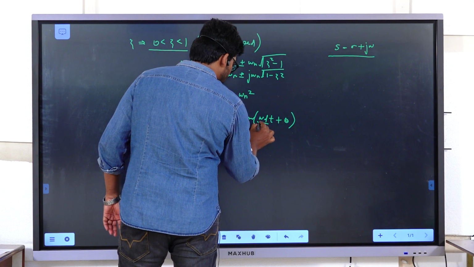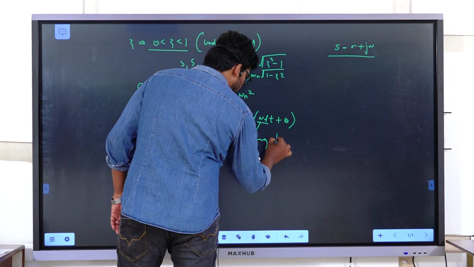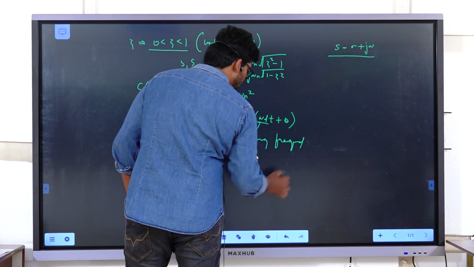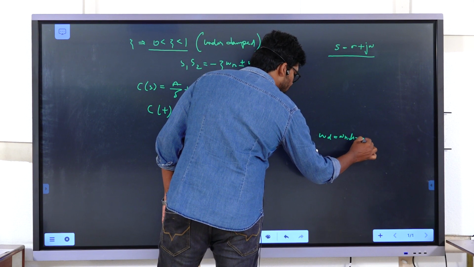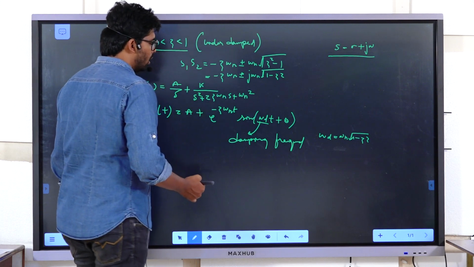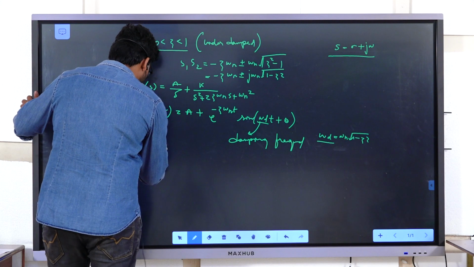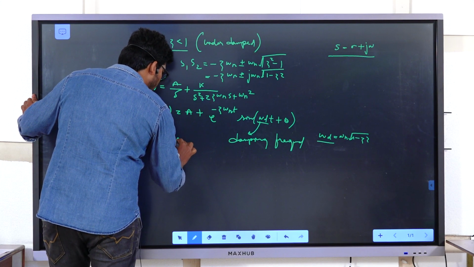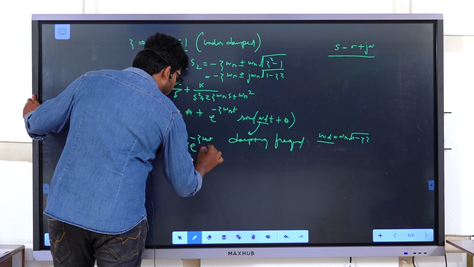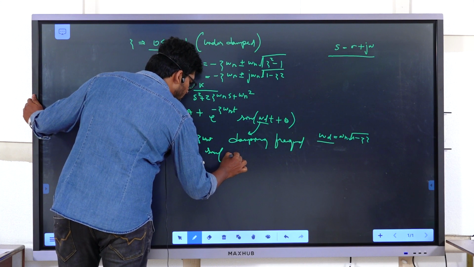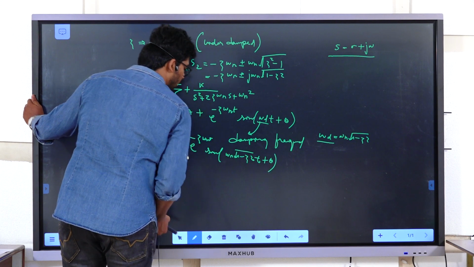Omega d is said to be the damping frequency, where omega d is equal to omega n root over 1 minus zeta square. If we substitute that here, we will have c of t equal to A plus e power minus zeta omega n t sine of omega n root over 1 minus zeta square t plus theta. Okay, the response is